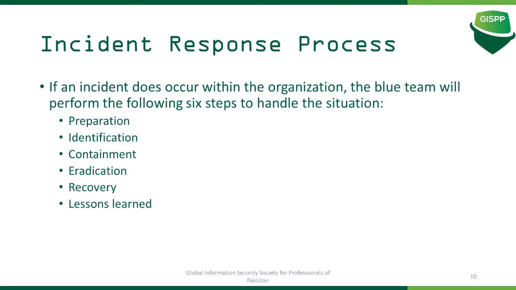Identification is usually once you are prepared for an incident and suddenly there's an alert or you come to know that there's an active breach, you identify what is exactly causing the issue and you confirm whether it is a true positive or a false positive. Once it is confirmed as a true positive, you have to perform some kind of initial containment steps. It's a very complex procedure and it varies from situation to situation.